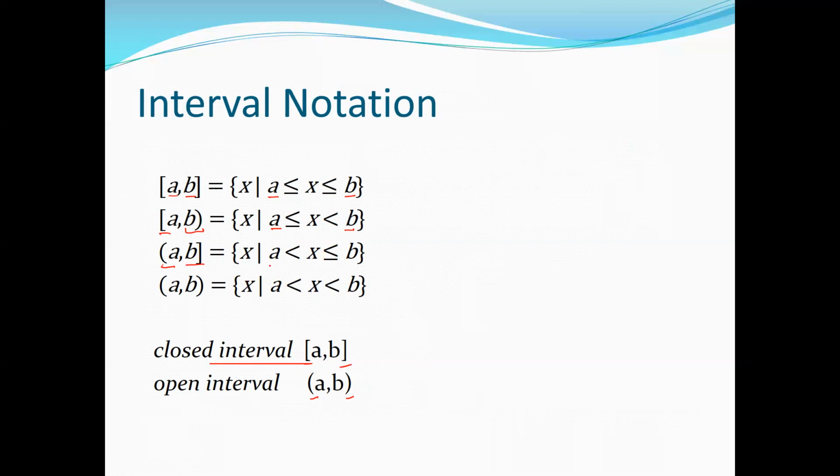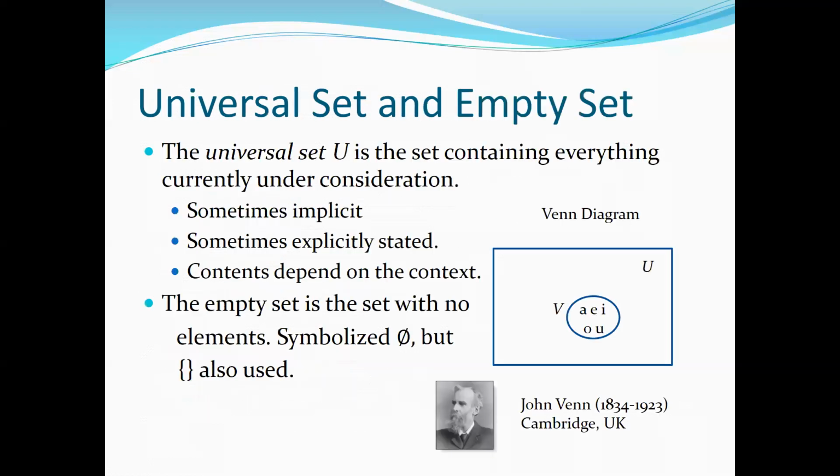So we can say x such that x is greater than a. Now a is not included, and x is less than or equal to b, right? If this is a comma b with the round brackets, the open interval, then simply x is an element of the set such that x is greater than a and x is less than b. That's how we define the interval notations. So remember, two interval notations we have: one is the closed interval, another one is the open interval, right? Okay. Next,